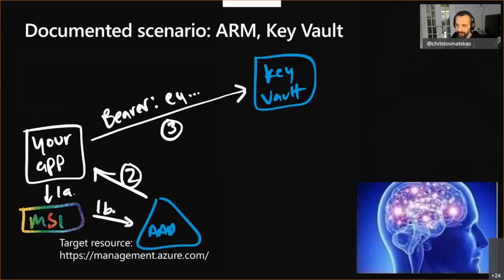How does it work, right? You have your application that needs to speak to another service, let's say Key Vault, right? Now I need to go and grab a secret from Key Vault, and I will show this in my demo. All I need to know is where my Key Vault is. What managed identity will do, or my app will do, is go to Azure AD via MSI, call into Azure AD. Azure AD will issue the appropriate token with the appropriate permissions, and then I can go and speak to Key Vault as long as Key Vault is aware of that identity.